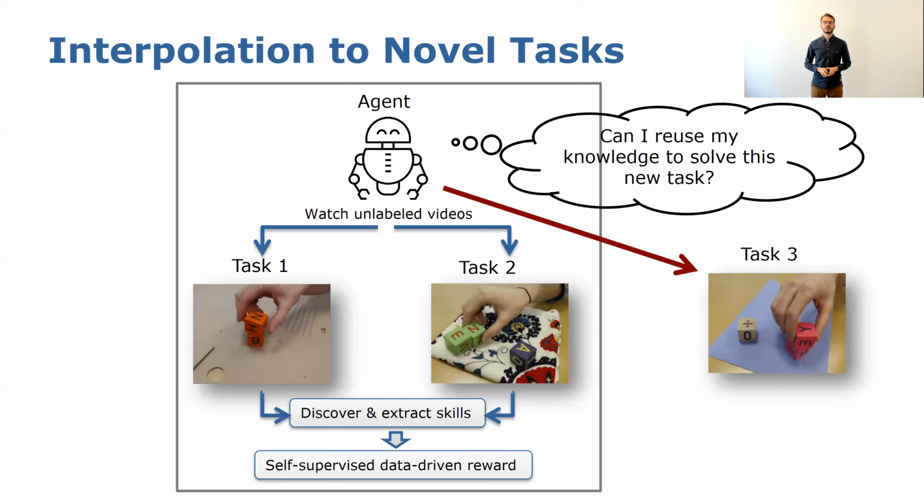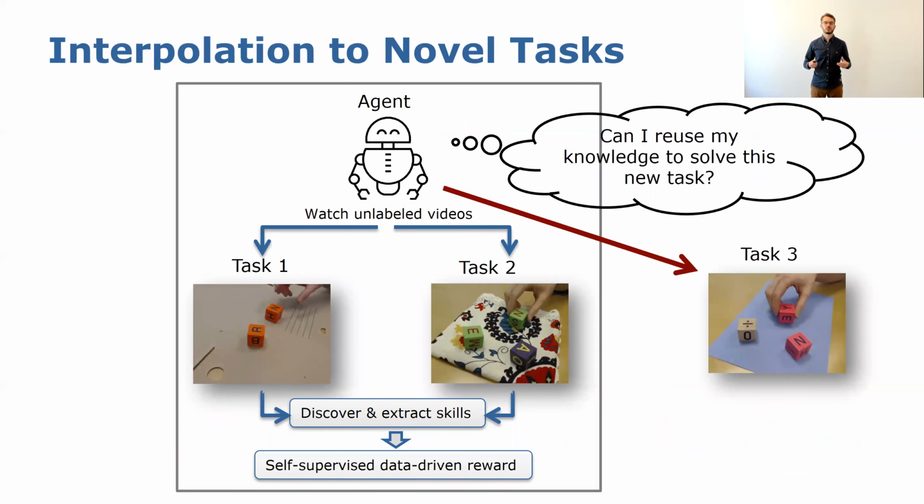Ideally, we would like to have an agent that can learn tasks without reward engineering and can reuse previously seen skills to solve new tasks from a single video demonstration. The advantage of such a system for robotics would be that it reduces a lot of the engineering effort, as an agent could continuously watch unlabeled videos and try to discover and extract relevant skills from them. Basically, instead of expensive manual labeling of data, we would like a robot to uncover and disentangle what matters of the world on its own via self-supervised signals.